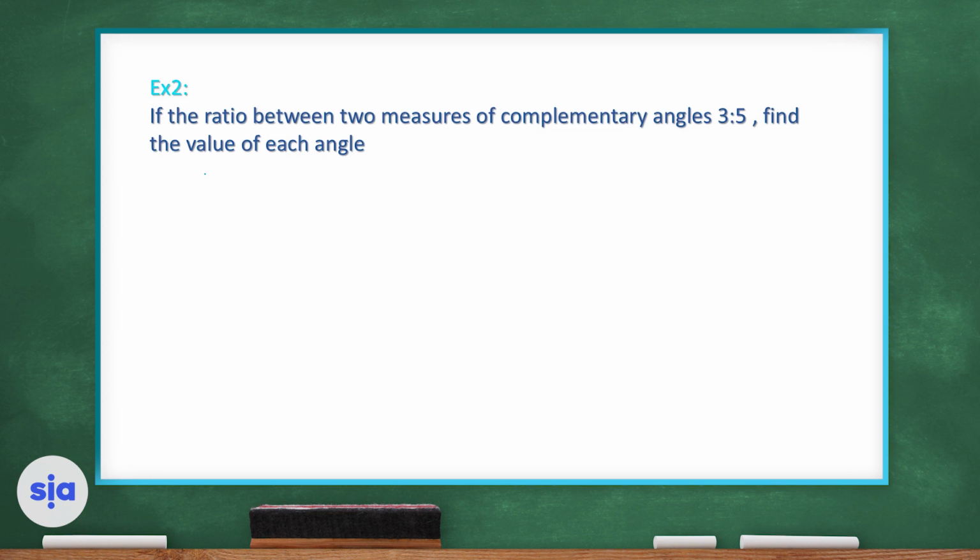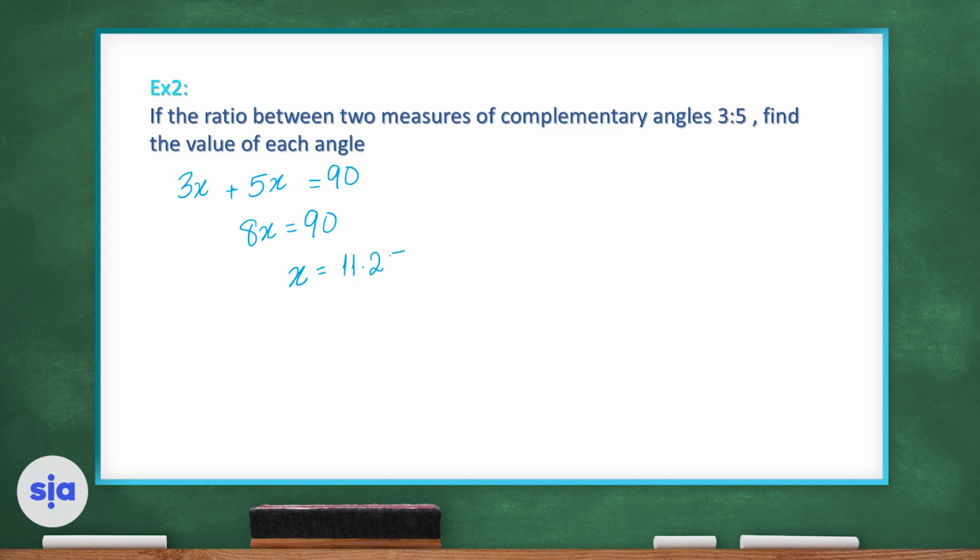Example 2. If the ratio between two measures of complementary angles is 3:5, find the value of each angle. Here, if the question says that there are two complementary angles, automatically we know that their sum is 90 degrees. So we're going to say that the first angle is 3x plus the second angle, which is 5x, equal 90, then 8x is equal to 90, then x is equal to